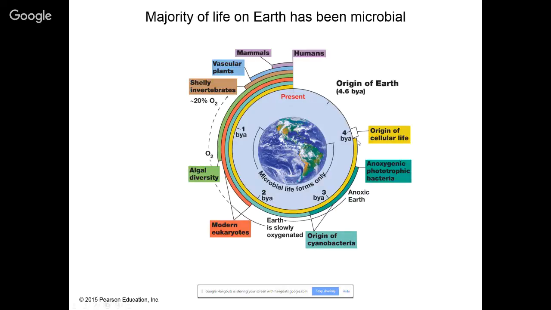And so you can just see here that it indicates in yellow that the origin of life occurred about 3.8 billion years ago, and we have different types of organisms appearing over time. And what I really emphasize is that for 3 billion of these years, all life on this planet was microbial. And so microbial life is really important, not just now, but in the past as well.